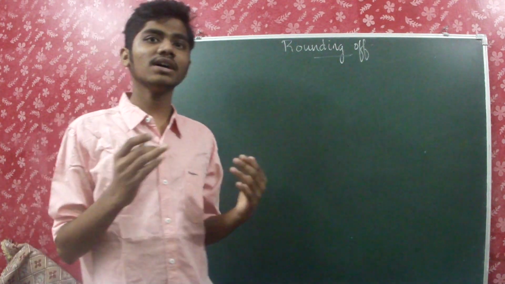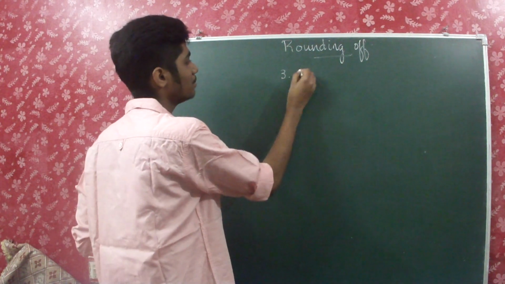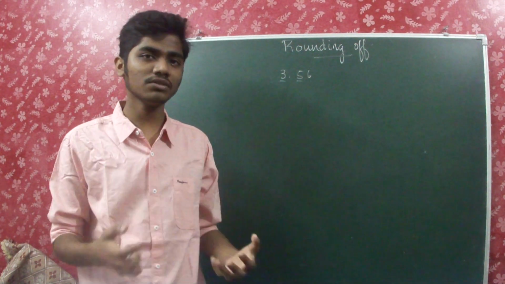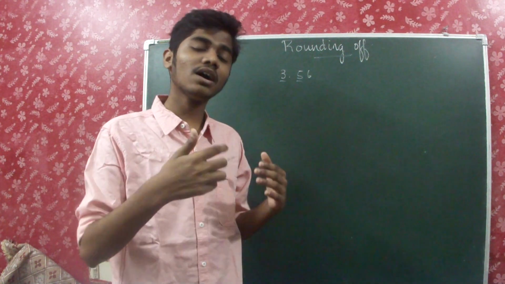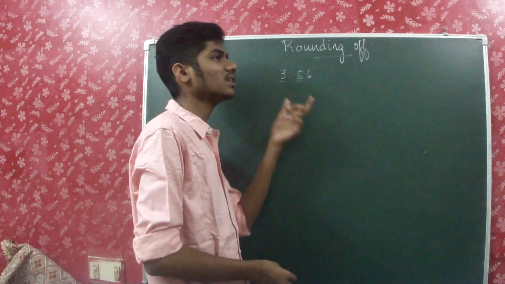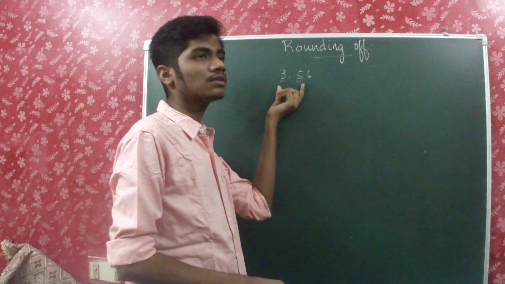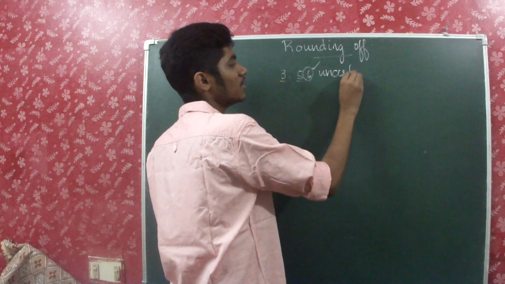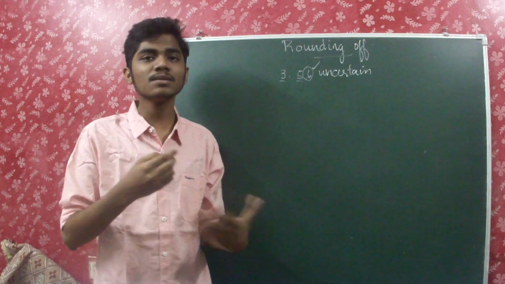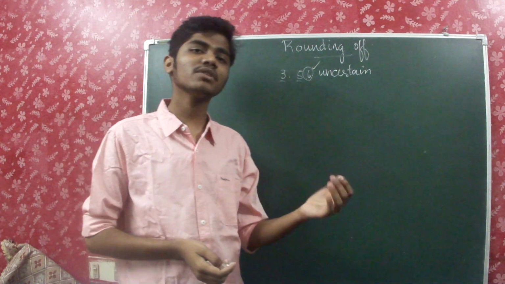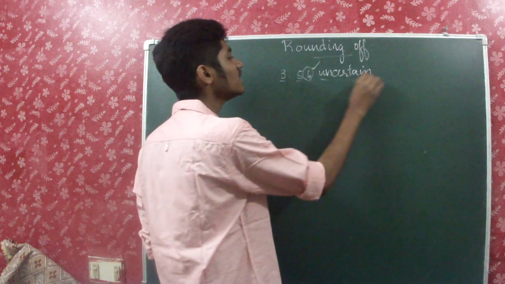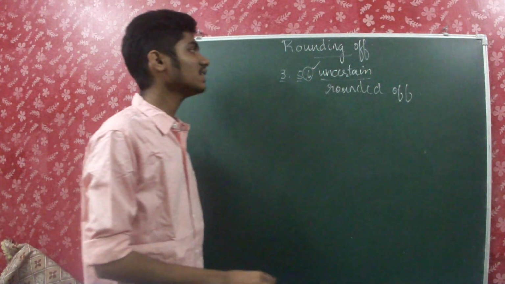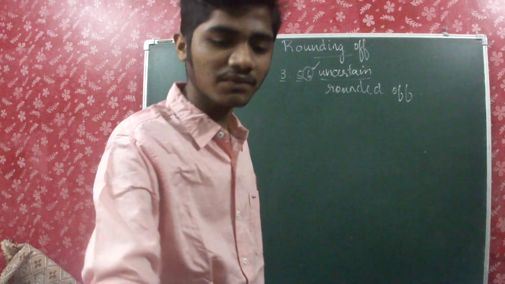As I told you in the earlier video, if we have a number like 3.56, these two digits are certain because we are very sure of them and they are not going to change no matter how many times you do the experiment. If you do it 5 or 6 times, it doesn't matter, these two digits won't change. Whereas this last digit is uncertain, because it will continuously be changing. One time it will be 3.56 and the next time 3.57, 3.58. So this uncertain digit has to be rounded off, and that's what we are going to do today.